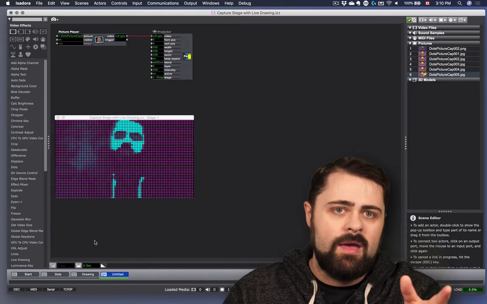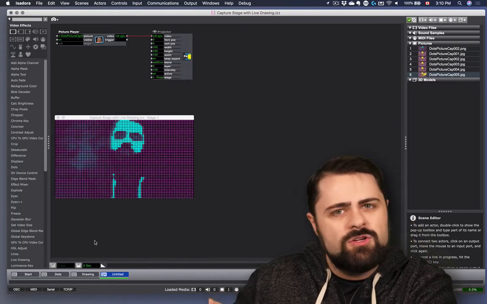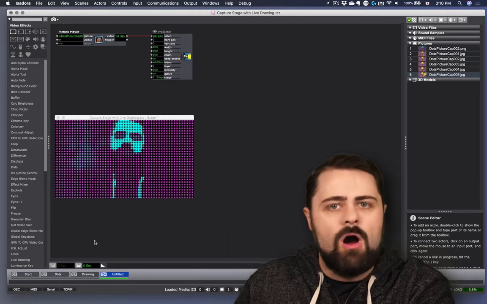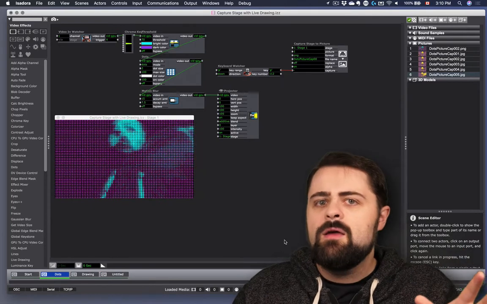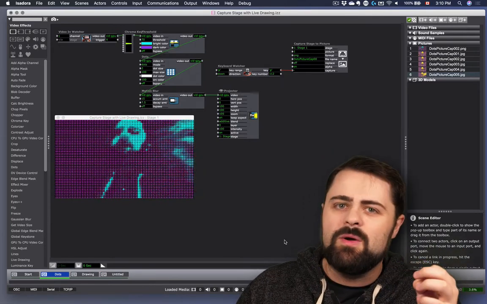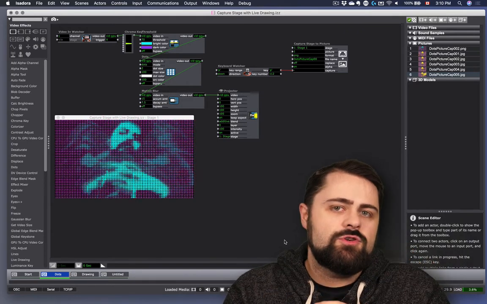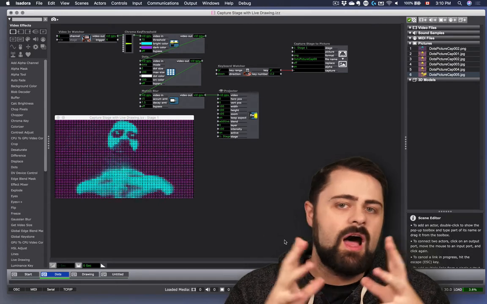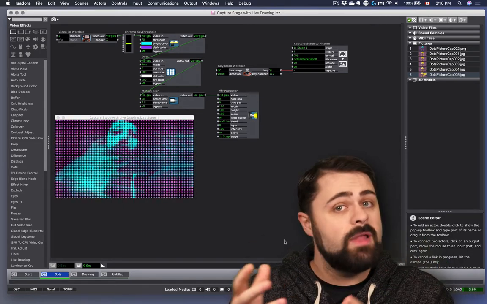Because of course we could capture as many pictures as we wanted to capture. But in this way, we don't have to then go and figure out, okay, how do we tell the picture player what picture it's supposed to be pointed at later on in the Isadora project. This does get a little bit heady, but if you do want to reuse your media in this way through your project, this is the way to do it. So that is capture stage to picture. And that gives us a high-level overview of how we can capture picture files and use them later in Isadora.